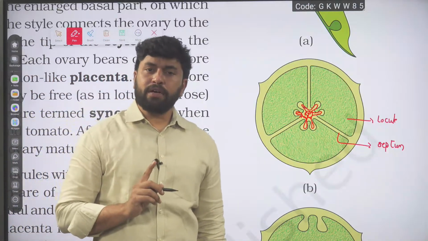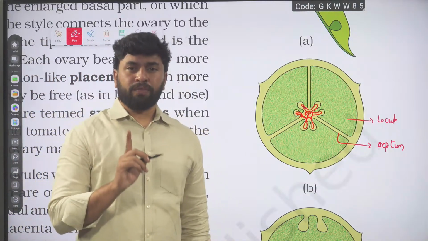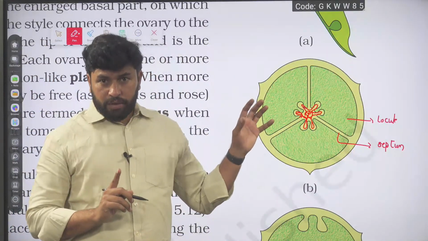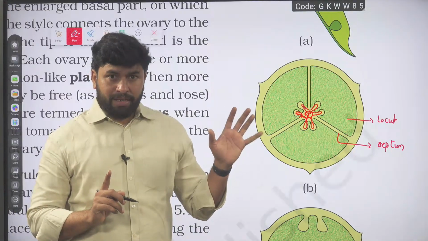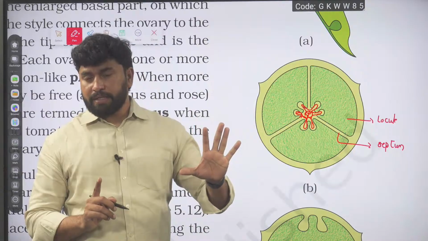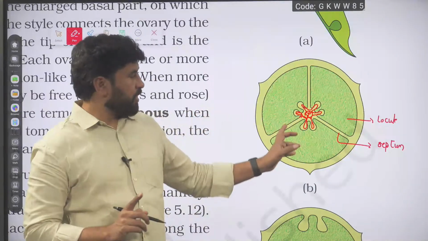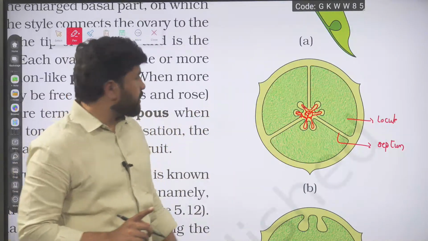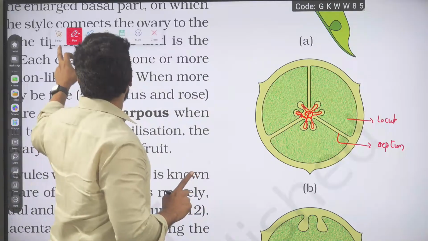The best examples of axial placentation are China rose and also lemon. Hibiscus and lemon have this kind of axial placentation, especially lemon. We can easily see this kind of axial placentation. Next one,